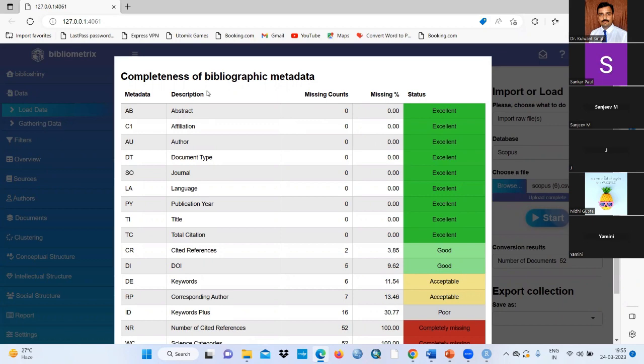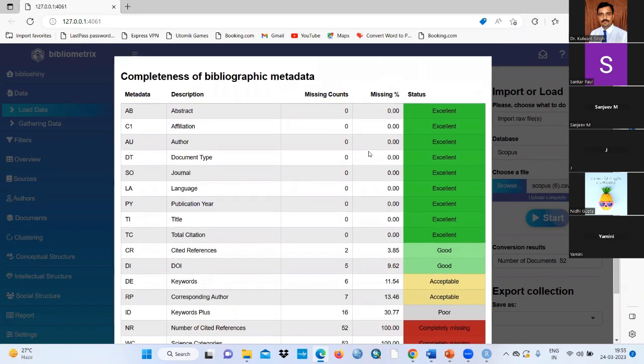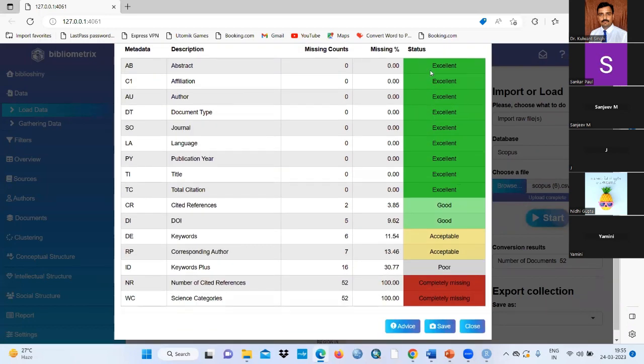So you can see a completeness of bibliometric data. You can take this one if it's needed. It's showing you the metadata of this data. Means you can see here the hierarchy of level of accuracy of data, right? You can see here the abstract, affiliation, author, document type. These are the most excellent portion of your data, right? ये सब complete है, इसमें कोई duplication और कुछ means